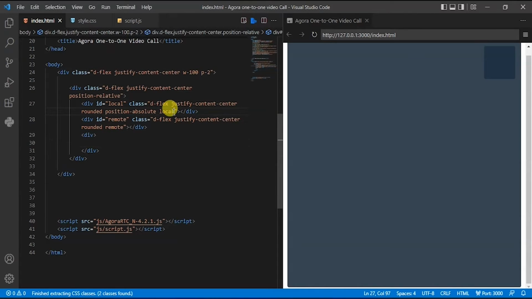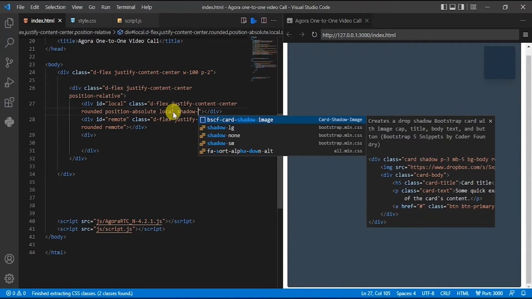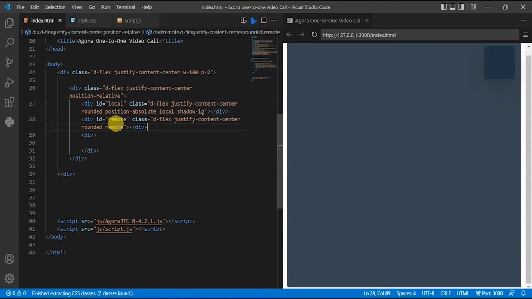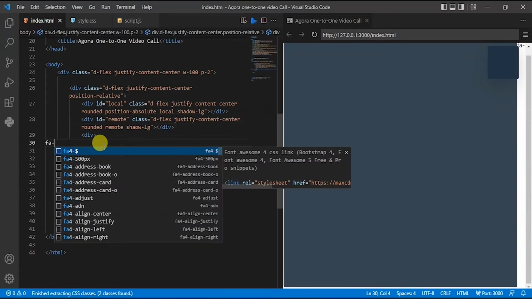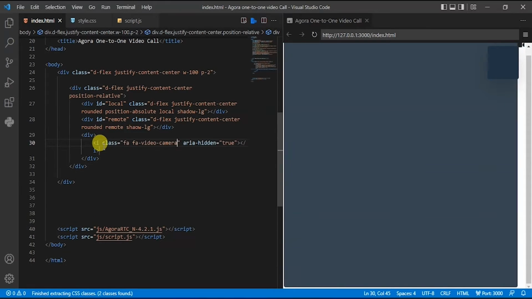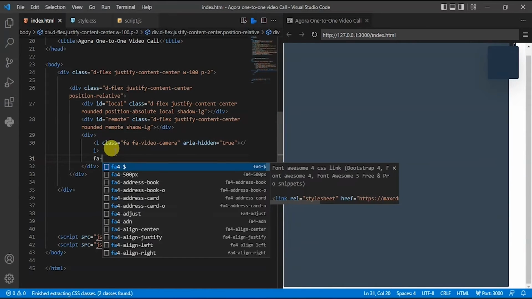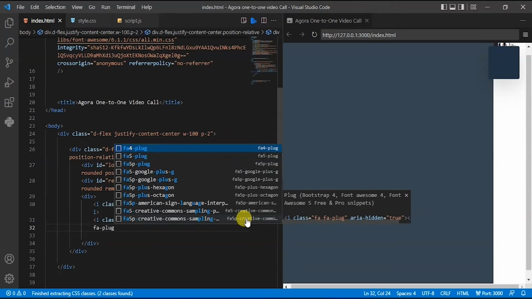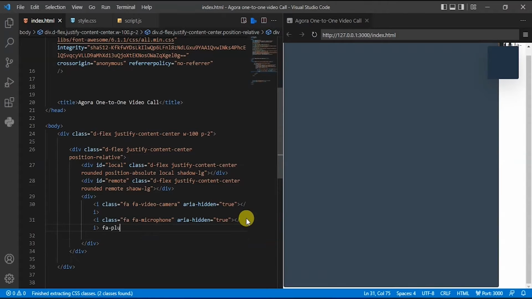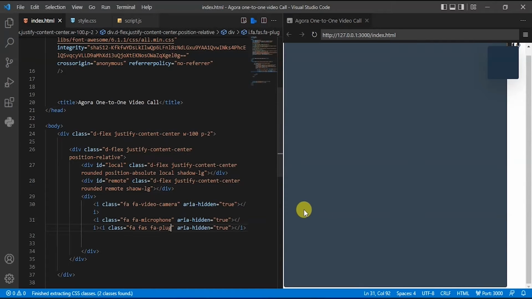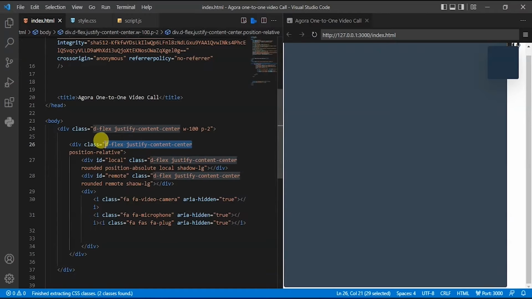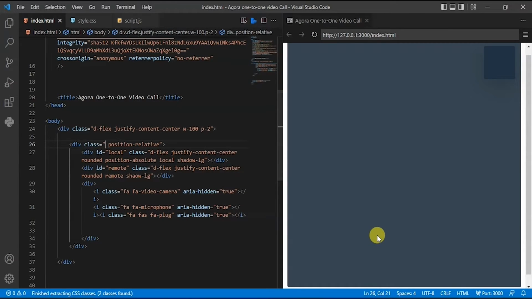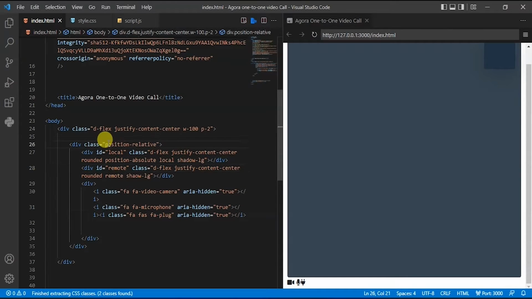So we will apply some shadow effect to that remote div and local div. So we will add some icons: video camera icon, microphone icon, and that plug icon. So we can join with the help of that plug icon. So from the parent div we will remove the display type flex and justify content center so that the icon appears below. Apply some padding